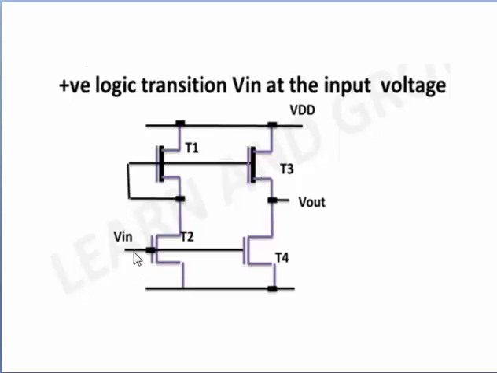Suppose when V input is changing from 0 to 1, the transistor 2 becomes on. Similarly, transistor 4 becomes on immediately because it has direct connection to T2 or V input. At the same time, the gate voltage of third transistor gets pulled down to 0, and due to V out node it goes to off state immediately. Here the output responses are instantaneous as output transistors are connected to Vin.